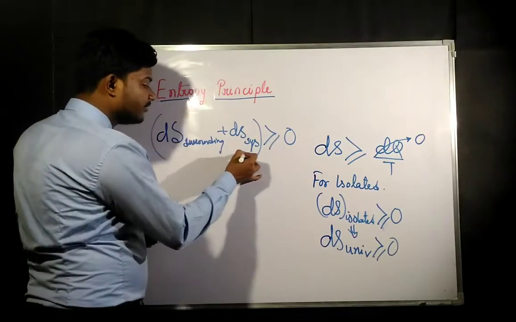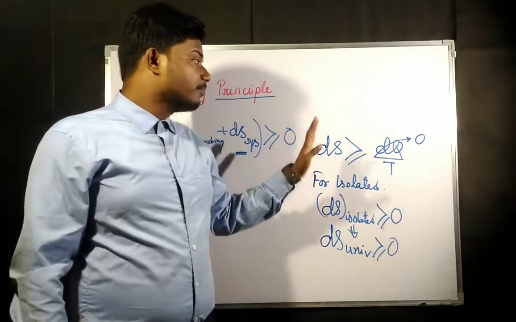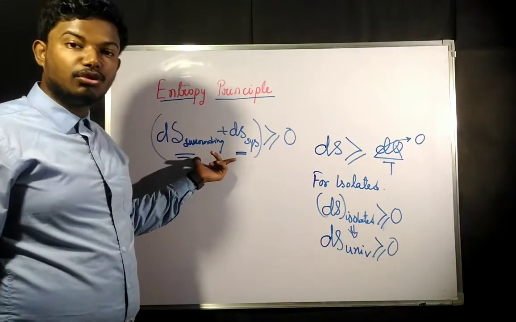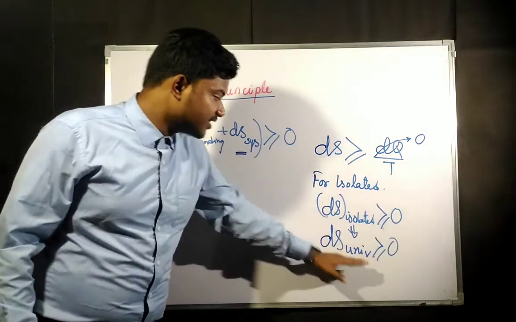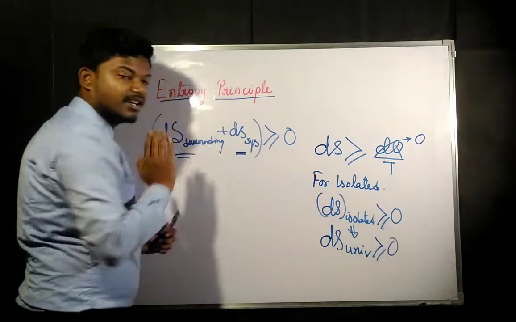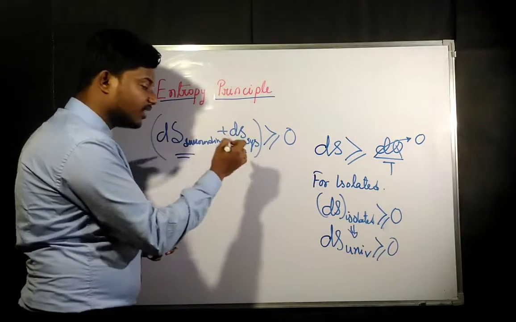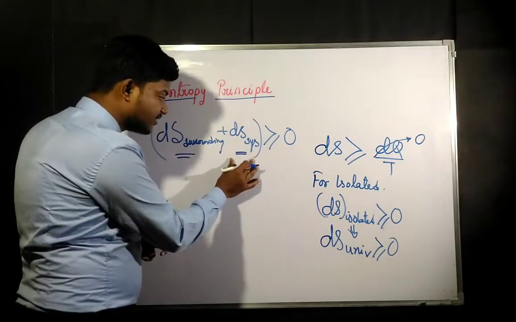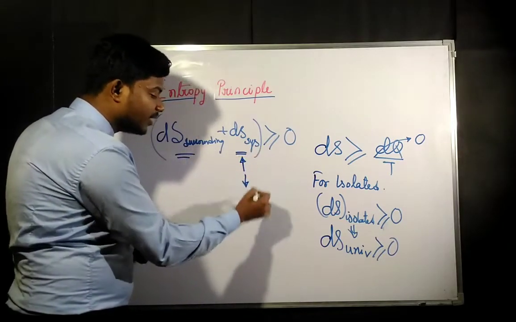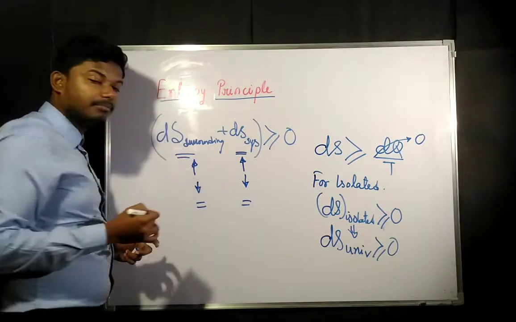All of them we found out for either the surroundings or the system. But in this class we are introducing the universe, the combined entropy change of both of them. Combining the discussions of last class and today's discussion, the entropy of a system may increase, may decrease, or may remain constant. Entropy of the surroundings may increase, may decrease, or may be constant.